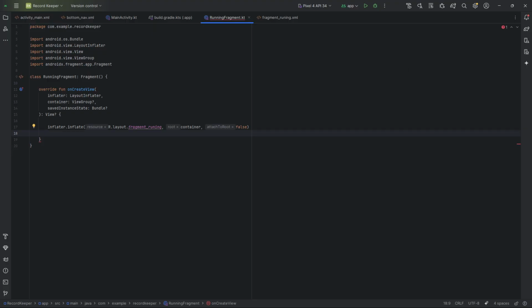But the fundamental thing is that the fragment is attached, hosted by the whole activity. It's not attached or hosted by this container. It's not attached to the frame layout, okay? So we must say false. I've had many a time where I've done true and the app's not worked and I've not been able to